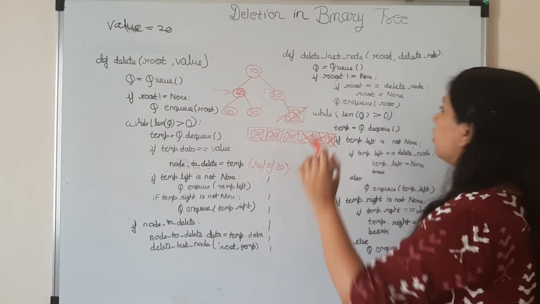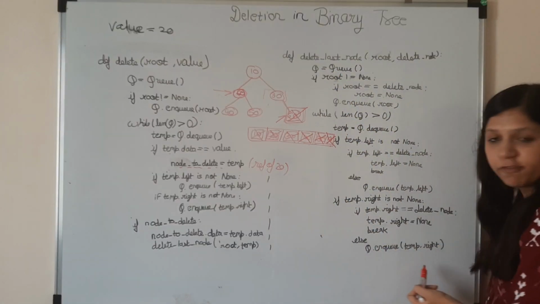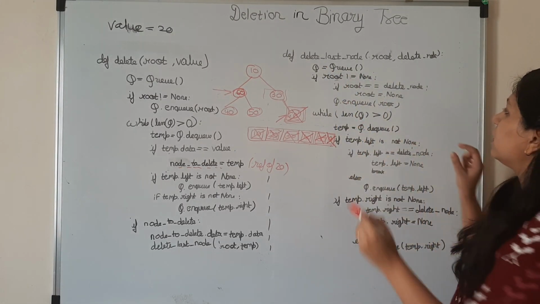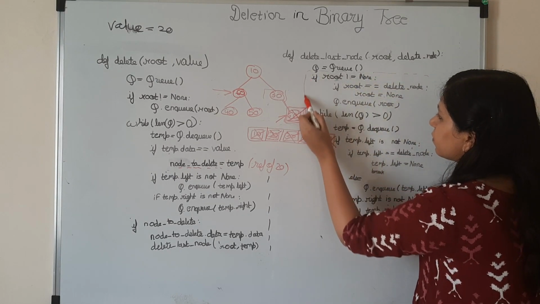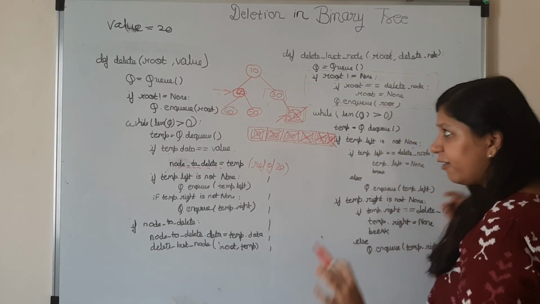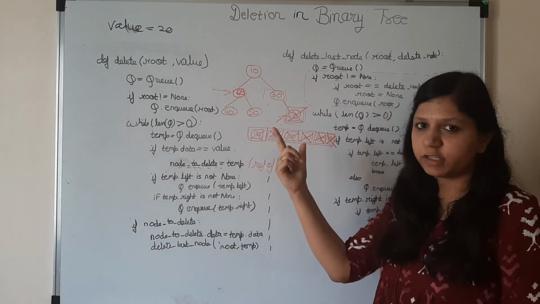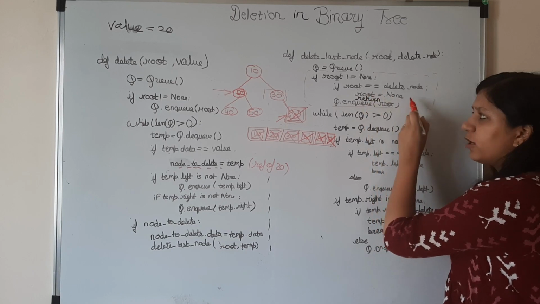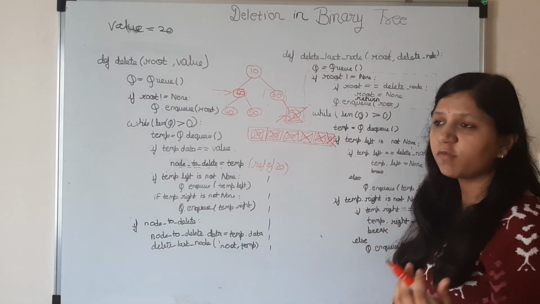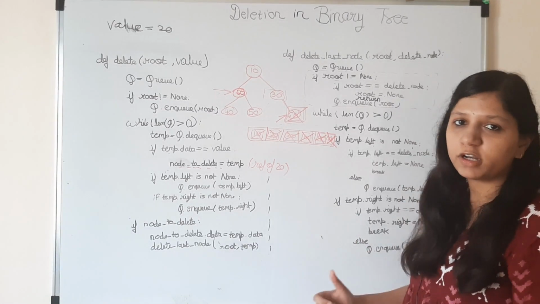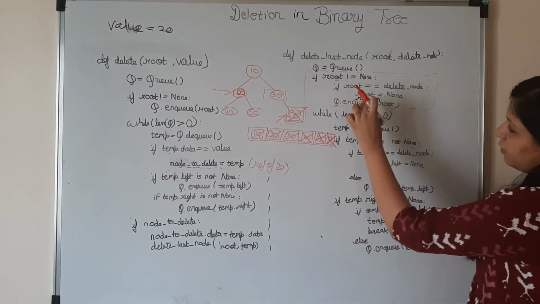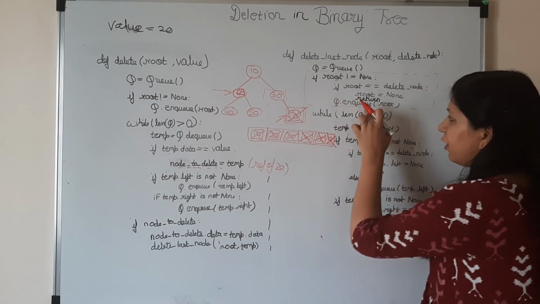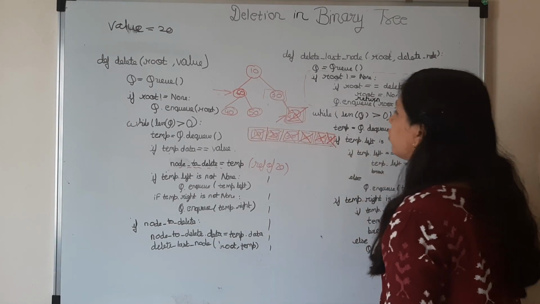Again we are doing the level order traversal here. Again we are creating a queue. Also this is a corner case. If root is not equals to none, we always check. So if root is equals to delete node, in that case root should have none, and we should return from here as well. We should not go forward, we have deleted what it has. So after this condition we can return. Otherwise we'll enqueue the root element as we do in the level order traversal.